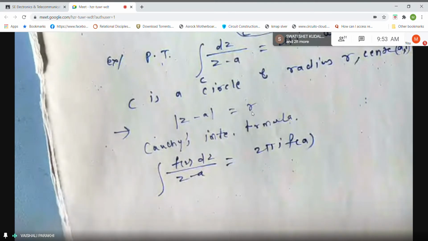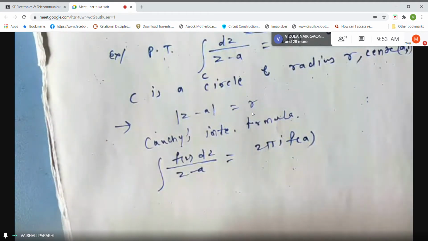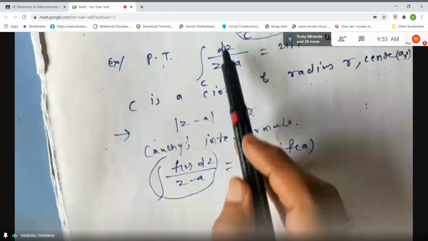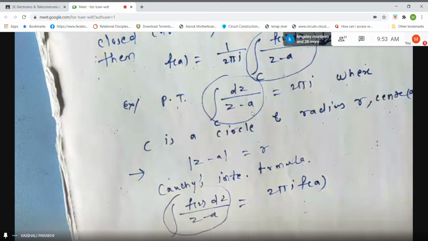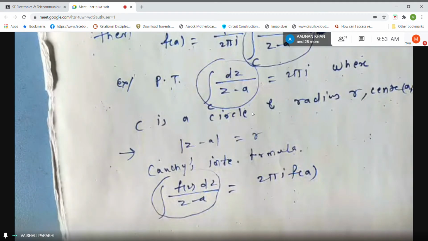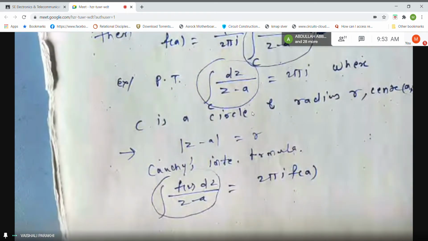Just see whether all of you understood. This is the same as Cauchy's integral formula, but this 2 pi i was on the left hand side denominator, which I have cross multiplied. Why have I done this? Because I want to solve this type of integral, isn't it? Look at the problem. Aren't these two things similar? Yes or no? Are you understanding what I'm saying? Say something in the chat box, students. If you have any doubts, you can unmute yourself.